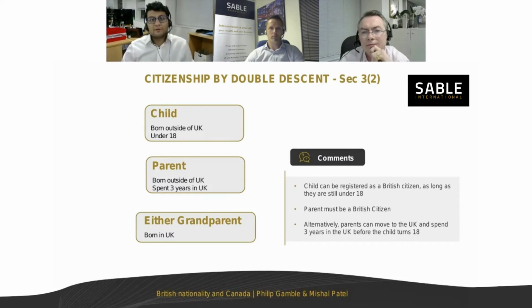Here, I think Philip earlier talked about British citizenship by descent in the first generation, and there's a possibility that that can happen in the second generation. This represents that to some extent. Here, and this may be more applicable for the current day scenarios in Canada and most countries, you have the parent who was born to a parent born in the UK. So the parent themselves in this scenario is a British citizen by descent due to their mother or father being